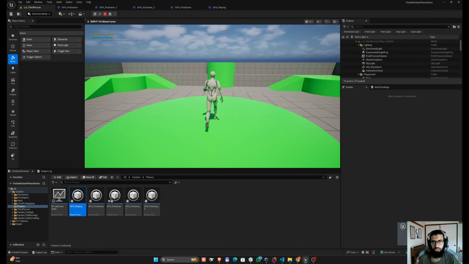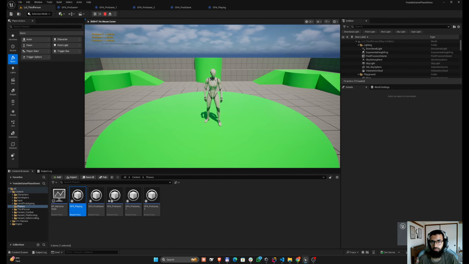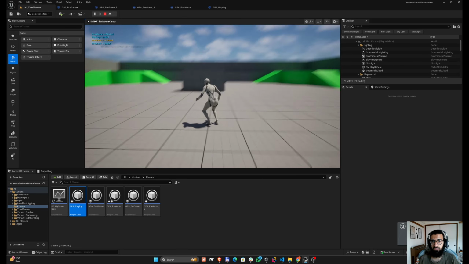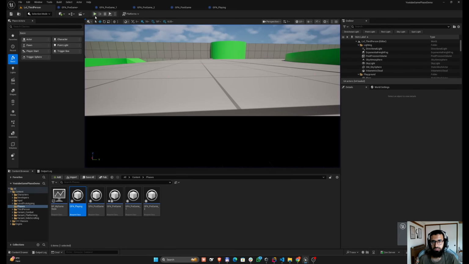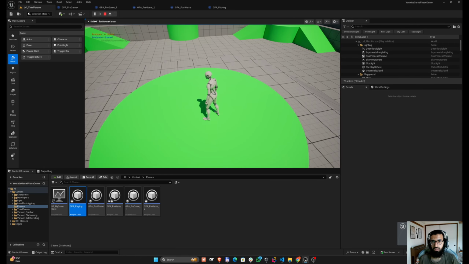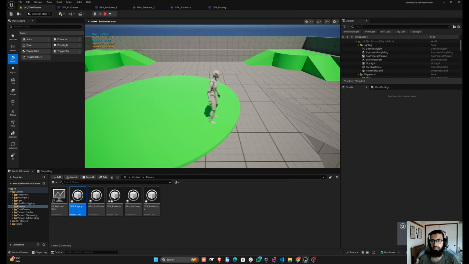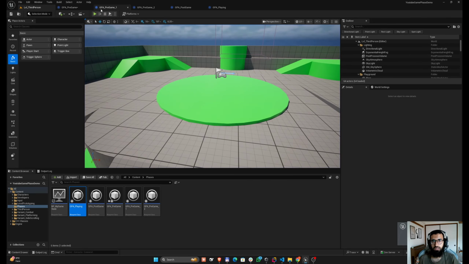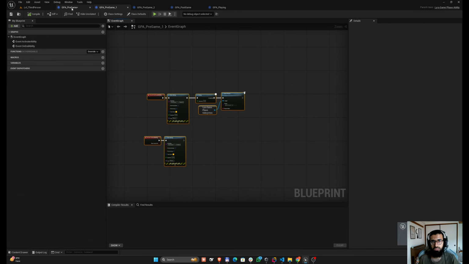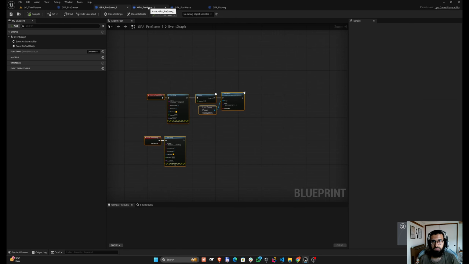Pregame started, pregame 1 started, but the pregame is still going on. Pregame 2 started, and then when the pregame 2 ends, then the pregame also ends, and the cylinders disappear. So let's see it again. Pregame start, pregame 1 start, pregame 1 end, pregame 2 start, pregame 2 end, and then pregame as well ends. So you can see that the pregame starts, then the pregame 1 starts, but the pregame still goes on. And then when the pregame 2 starts, the pregame 1 ends because